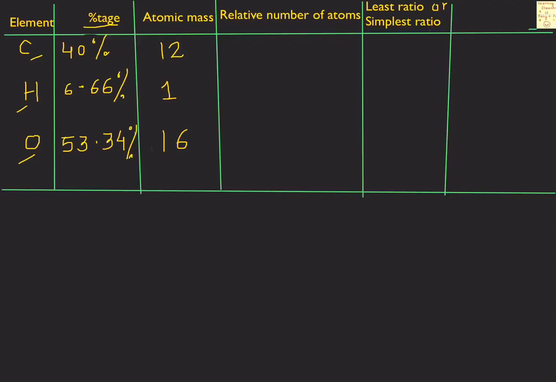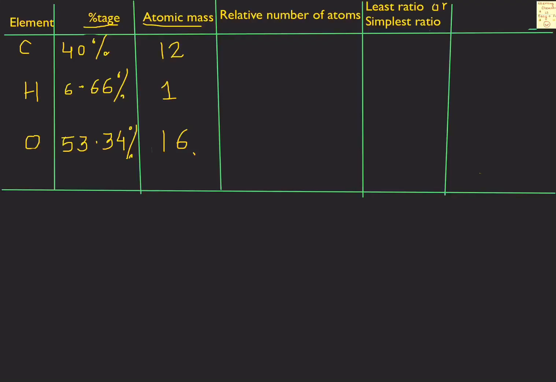So what do you do? In your notebook, draw this whole tabular chart. So you have 1, 2, 3, 4, 5, 6 columns in all to be drawn. Once you've drawn these 6 columns, the first column is the one which is representing the elements, right? Second column is percentage. Third column, atomic mass. Carbon, atomic mass 12, hydrogen 1, oxygen 16. The next column, if you see,